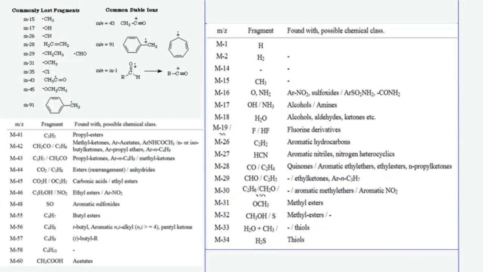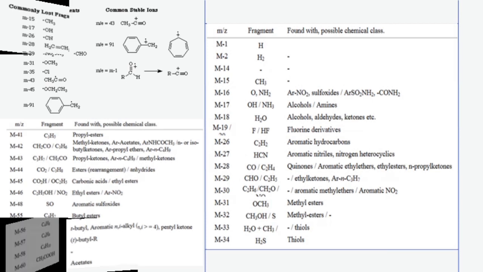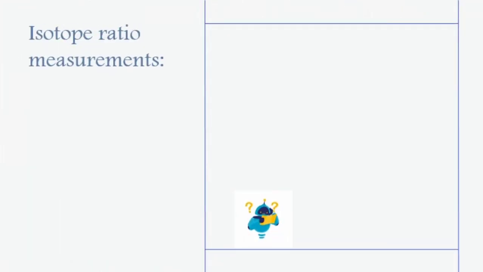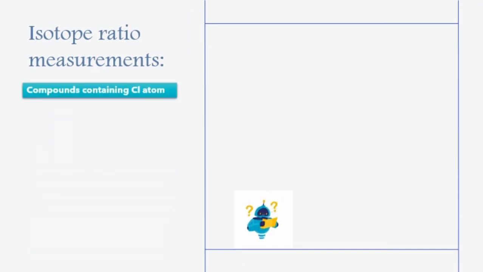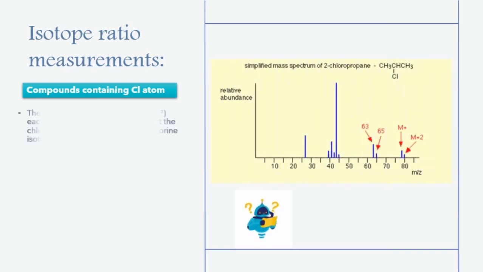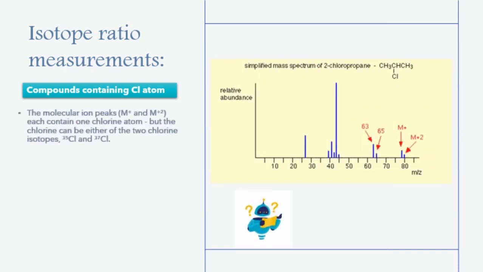In this slide we can see the most common fragments that we can observe in mass spectrometry. Now let's talk about isotope ratio measurements. First, compounds containing a chlorine atom. The molecular ion peaks M plus and M plus 2 each contain one chlorine atom, but the chlorine can be either of the two chlorine isotopes,